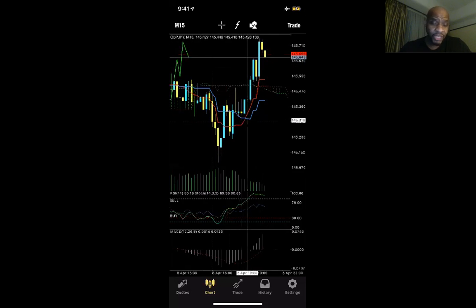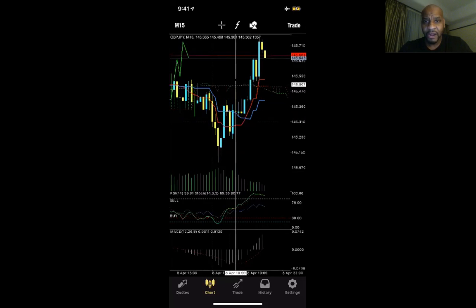So if that group says red line crossing above, I'm going to come to my chart, go to GJ, go to the M15, and look where the cross happens. All right, it's an indication for a buy. If it's below the cloud, listen, this is an important note. If you have a red line crossing above the blue line, below a red cloud, it is a weak indication for a buy. However,